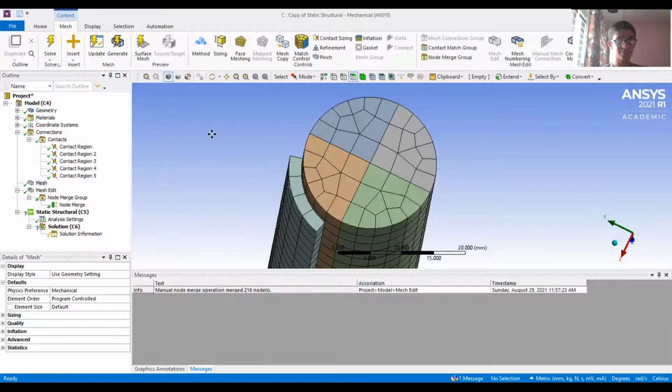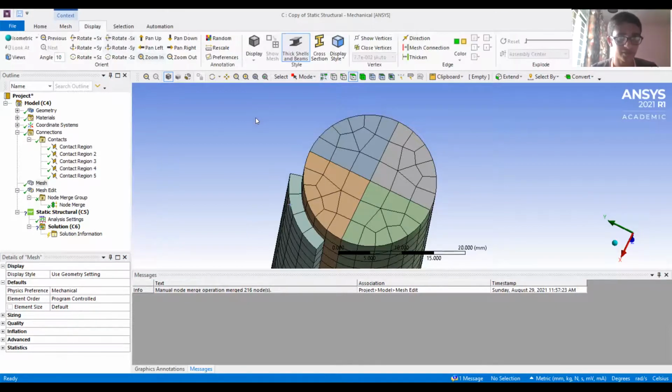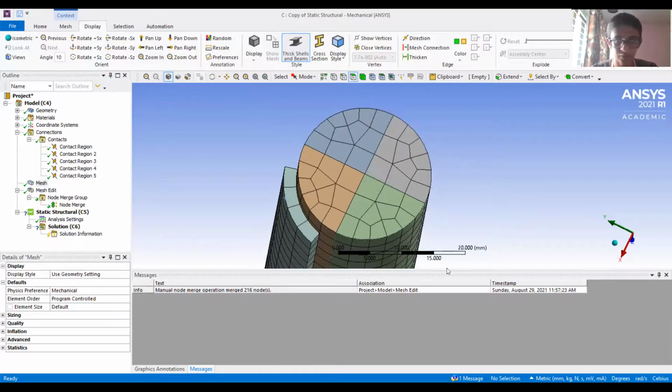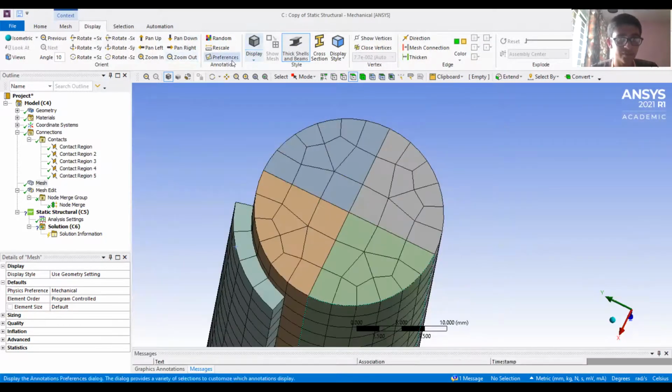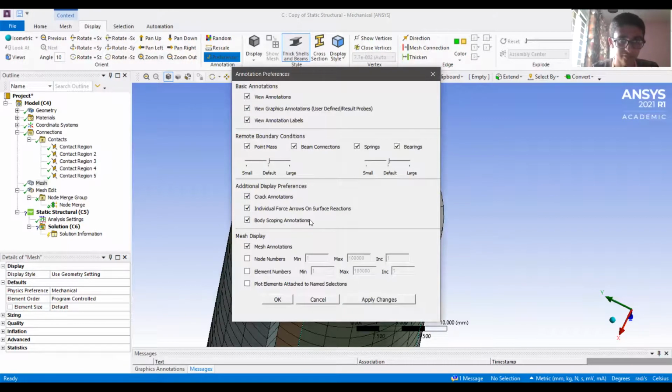Now let me explain a very specific feature: where can we find the display, where the nodes are available, and where can we look at the number of nodes and other options. So in the preference, in the display group, we can go to preference, and over here we have an option to show the node number. So we can click over here and it will show the number. We'll have around 25,000 nodes in our geometry. So I can apply the change.